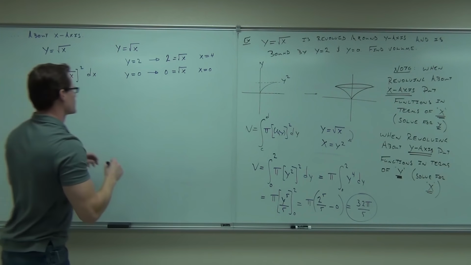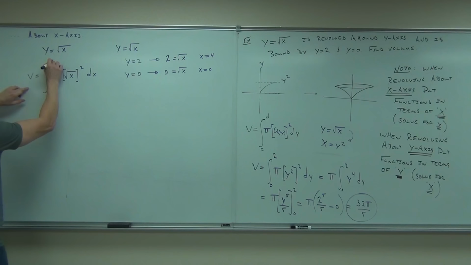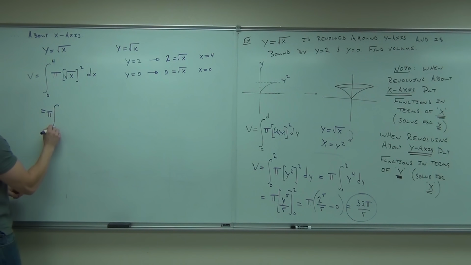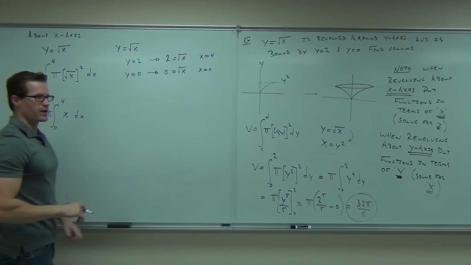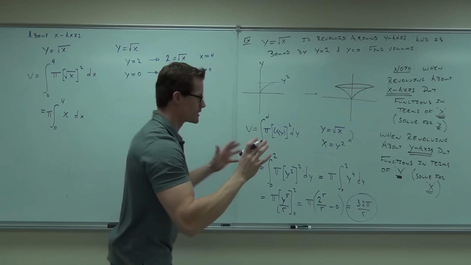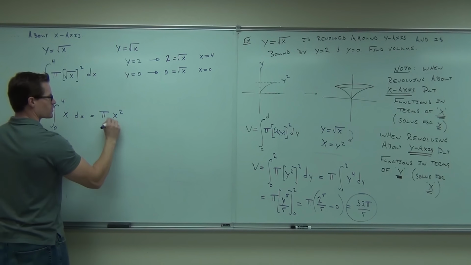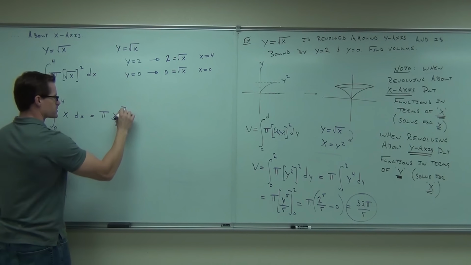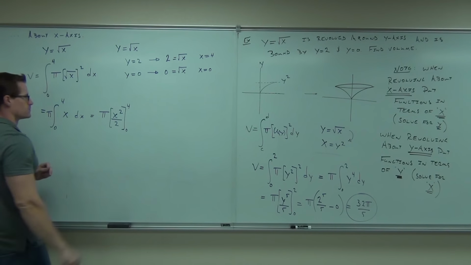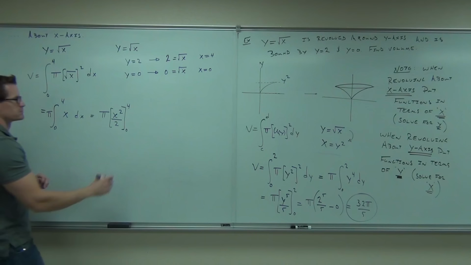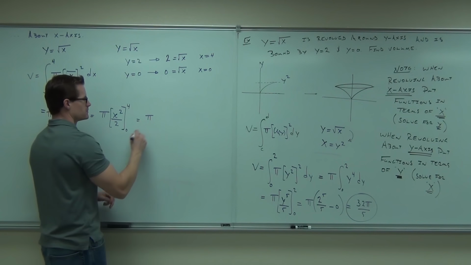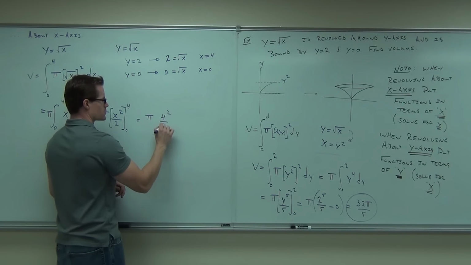So now we'll have an integral from 0 to 4. It's going to be a pretty easy integral. It's going to be pi, 0 to 4 of x dx. Square root of x squared is x. That's kind of awesome. That's great. Then we'll have pi x squared over 2 from 0 to 4. Pi, 4 squared over 2 minus 0